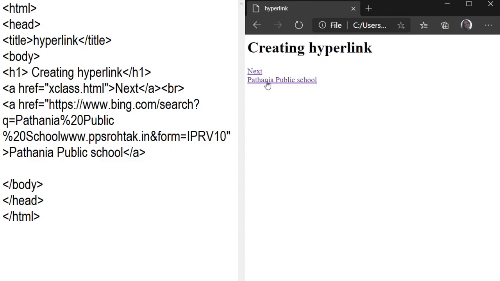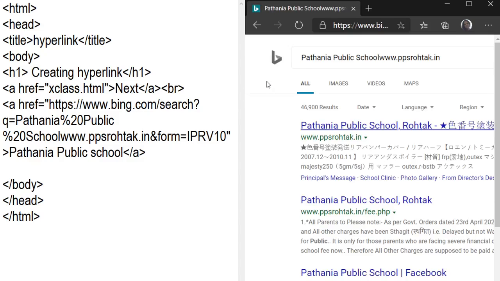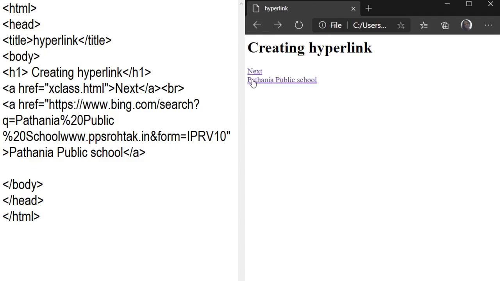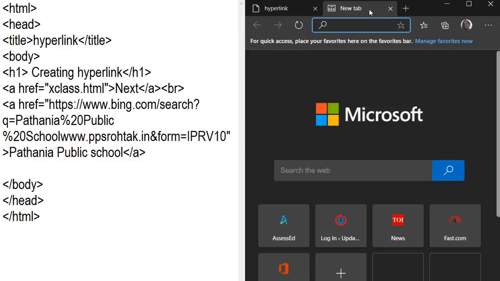When you click on the hyperlink, your website will be opened here. Now for example, we want our hyperlink to be opened in another tab.